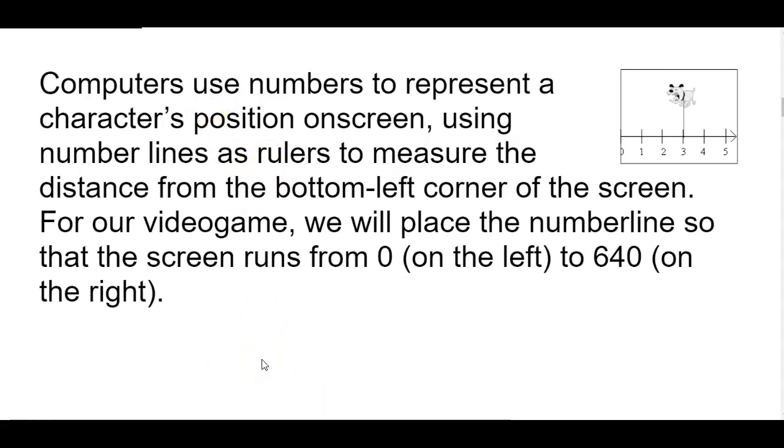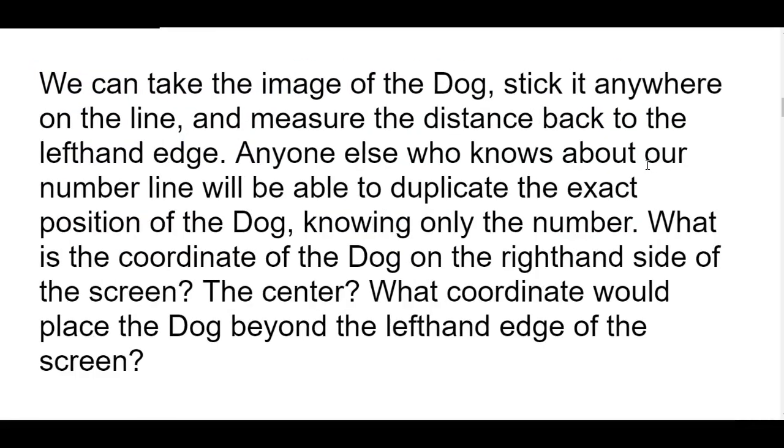So does anybody know what units we're counting? 640 what? Okay, maybe by now you figured out that it's 640 pixels. So you're saying which pixel is the location of the character. We take the image of the dog, stick it anywhere on the line, measure the distance back to the left-hand edge. Anyone else who knows about our number line will be able to duplicate the exact position of the dog,